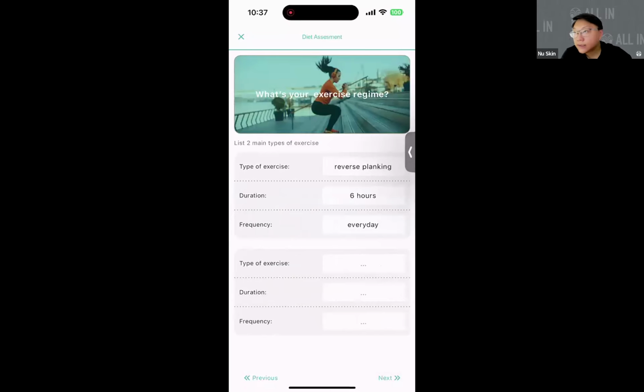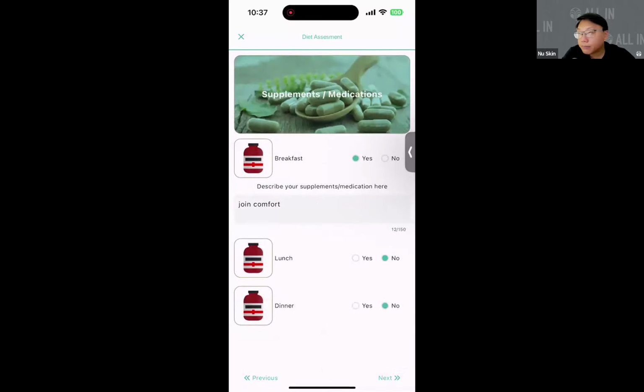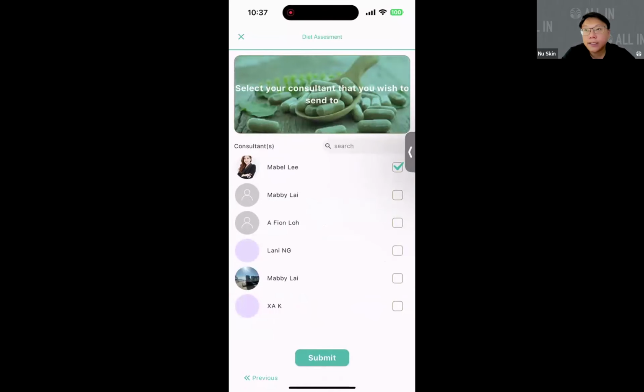Any exercises that they have done, they can also input it here. Any supplements or medicine that they are currently consuming, so that consultants are also aware that this customer has some form of medication history. Lastly, once the customer completes it, it will list out a list of names that are consultants. Because this is my testing account, those names listed out here are all granted the consultant access.